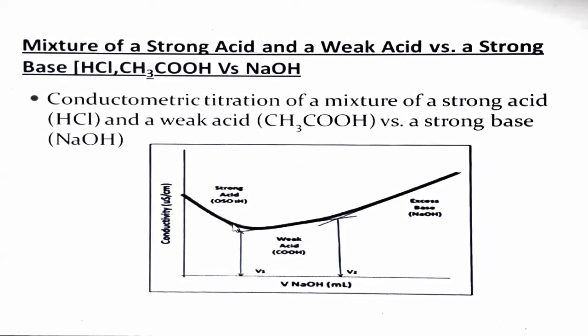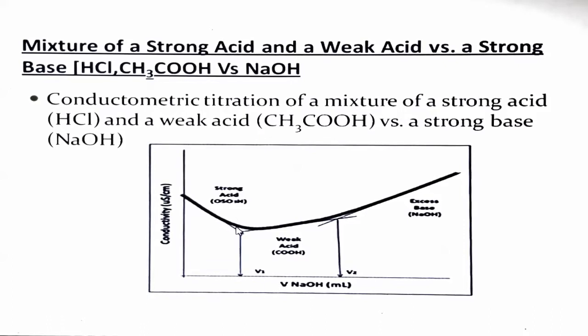Here a slight curve we can see, till here neutralization of HCl, and here conductivity decreases due to neutralization of acetic acid. Since acetic acid is a weak acid, by the reaction of acetic acid and NaOH, one more electrolyte is formed, that is sodium acetate. Due to the common ion effect, dissociation of acetic acid is suppressed. Here in this reaction sodium acetate is formed, which is a strong electrolyte, and it will dissociate. So in this graph, conductivity increases due to dissociation of sodium acetate.